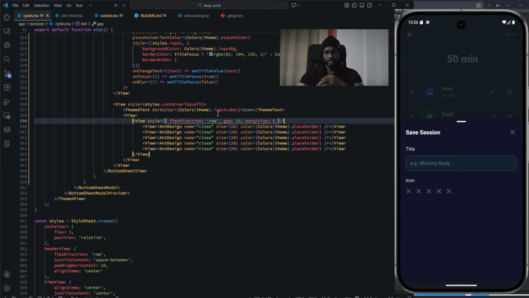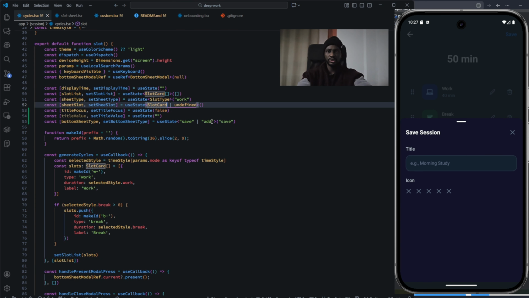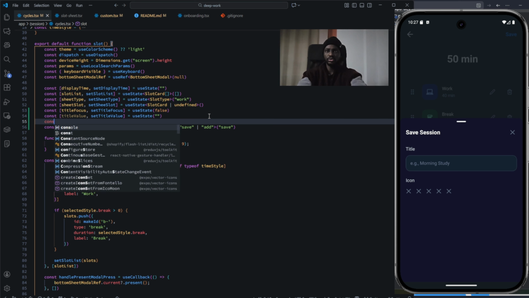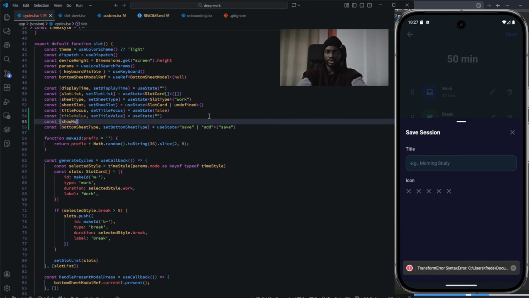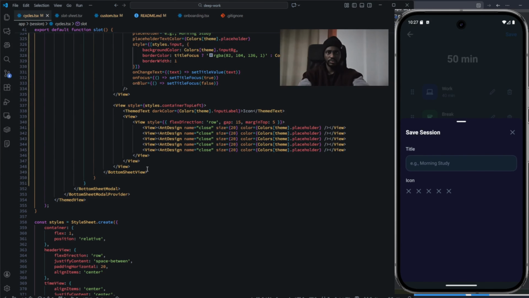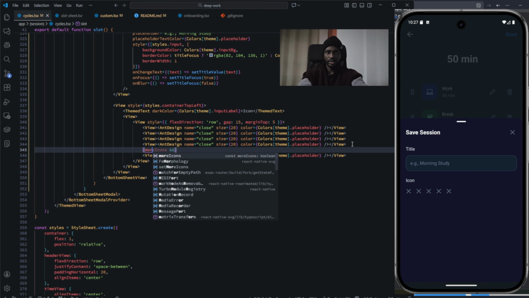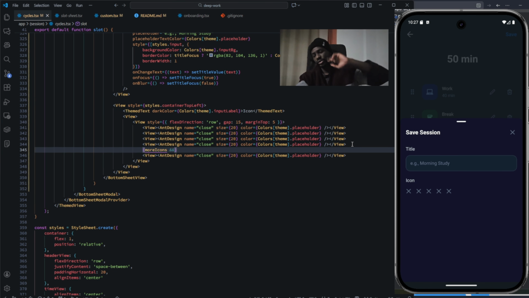And yeah, this is all we're gonna do here for this. And then more icons in a row. And then for this one, it's going to be show more. We're going to have a constant of show more. If it says show more, then we show more icons. So show more, sorry, more icons. Set more icons to false. So if more icons is false,